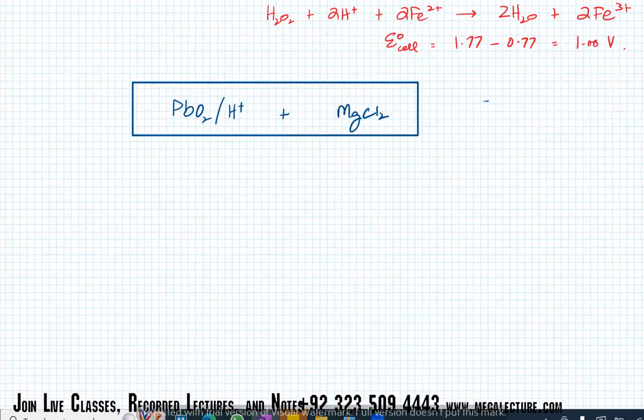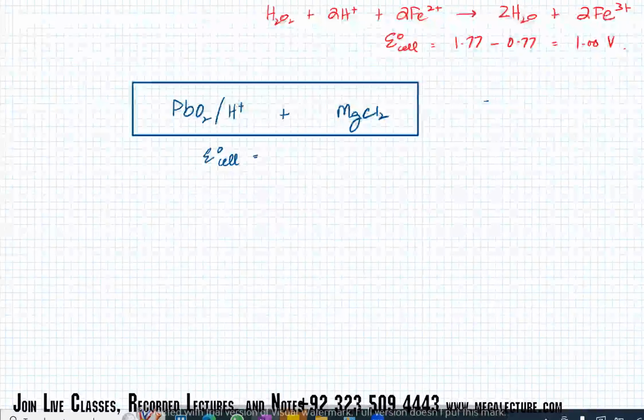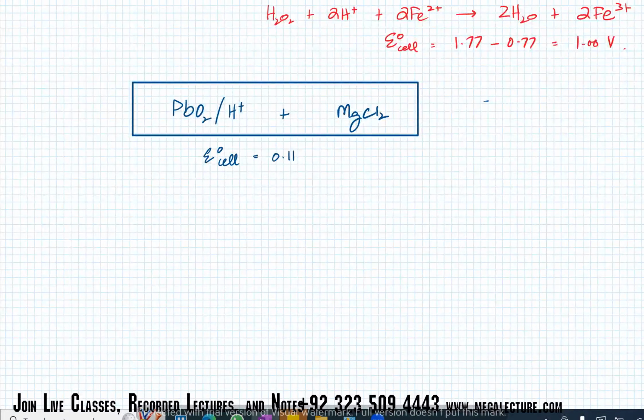Okay, so the E naught cell for this reaction came out to be 0.11 volts, which is positive but not very high. So that means it's feasible, but the reaction is going to be slow. You're not going to have a very fast reaction. So remember this,